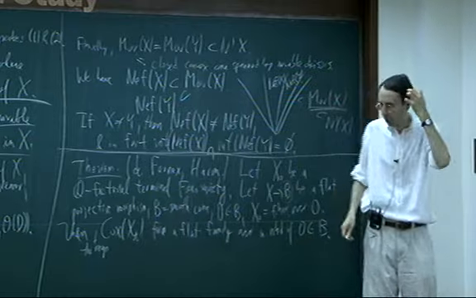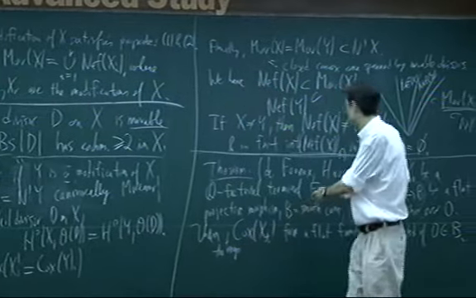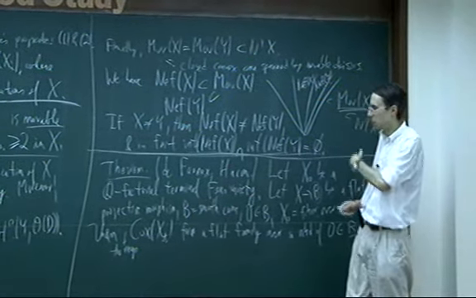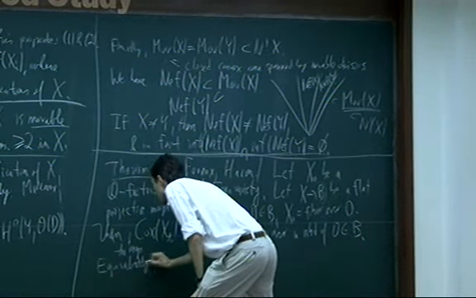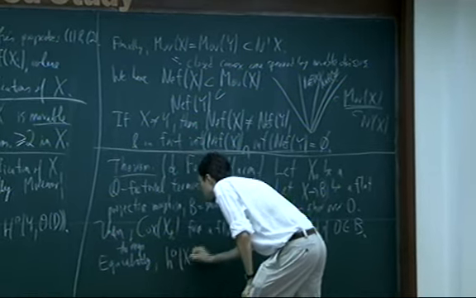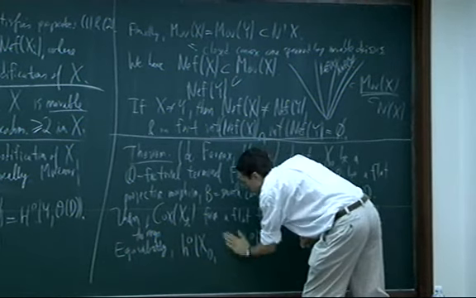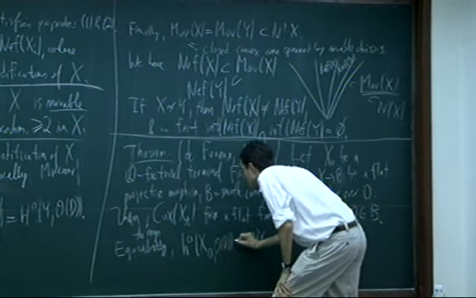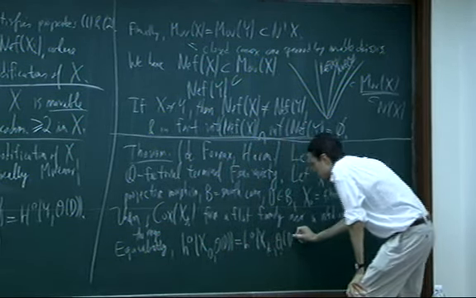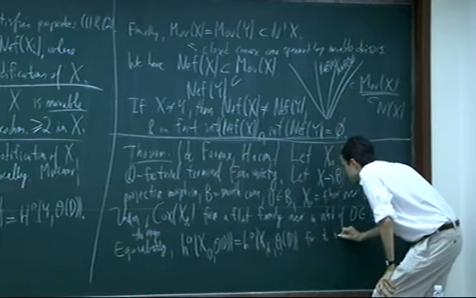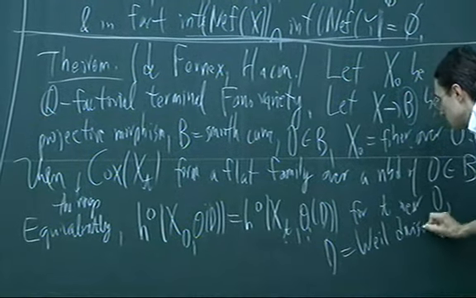And what that means more concretely, because this is some kind of multi-graded ring, obviously, is that the dimensions of the pieces of that ring don't change as you move in the family. So equivalently, the dimension of the space of sections of some line bundle, maybe I should call it a Weil divisor, to be honest, D equals any Weil divisor on x naught, has the same dimension as the space of sections of the corresponding divisor on x t for any t near 0.